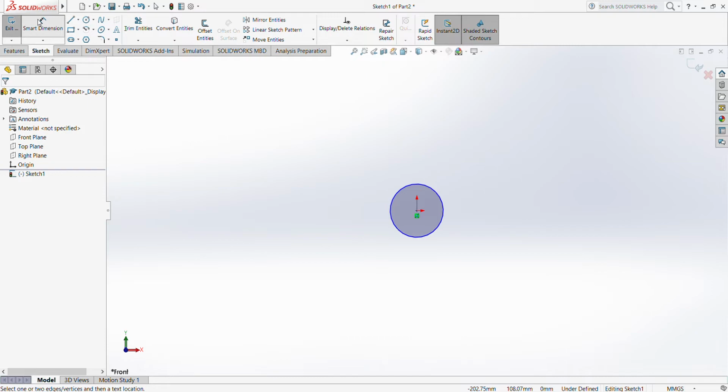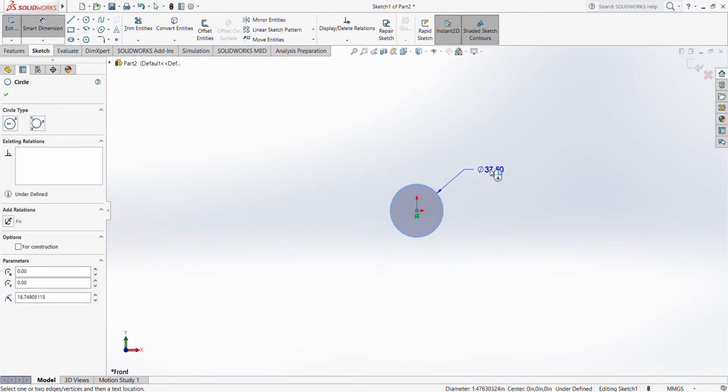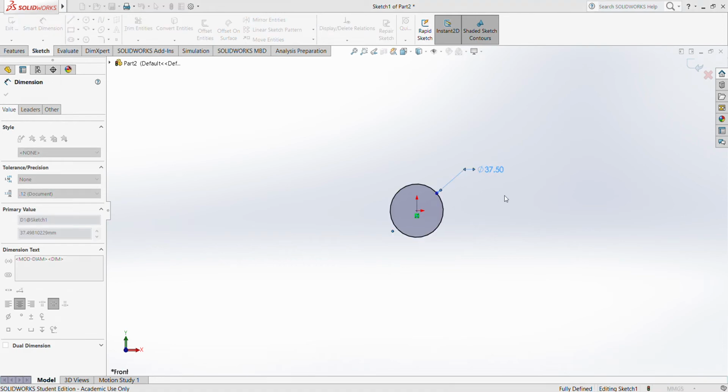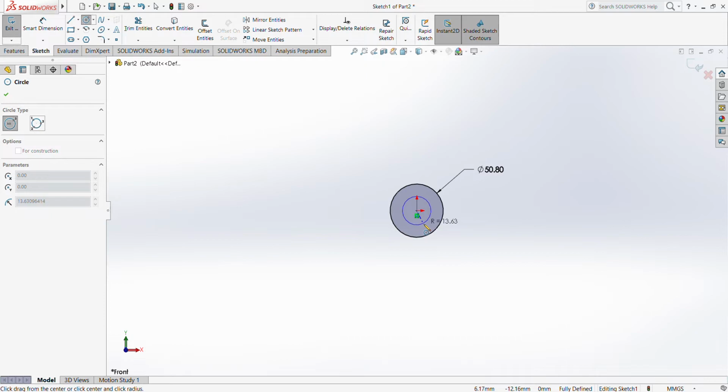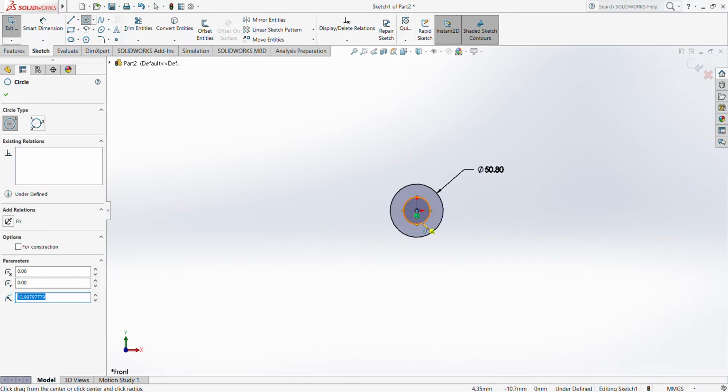Now I'm going to give it a dimension by clicking Smart Dimension, clicking the edge, clicking it down, and then just say 2 inches, right? So that's 2, and because this is in millimeters, I have to convert, so it's 2 times 25.4 millimeters per inch, and that's roughly 50.8 millimeters. That's my outer diameter. Now I want to put an inner diameter in here as well, and for that, I'm going to arbitrarily select